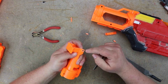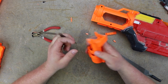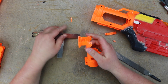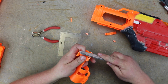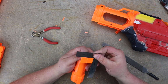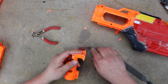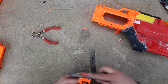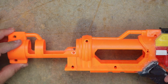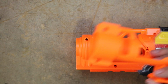Because we had the remnants of the line we were originally going for, and this is already the shortest cut, so I think we'll just clean it up and make everybody else match that. In fact, we can nip a little bit more off of that right there. Getting real close. I think that's close enough till we can get this side caught up. Okay, looks pretty promising. So, I think we can start looking into